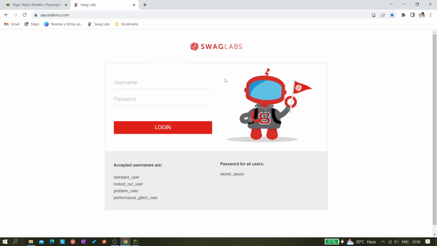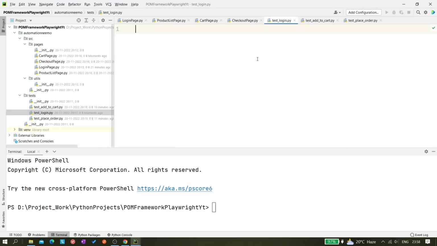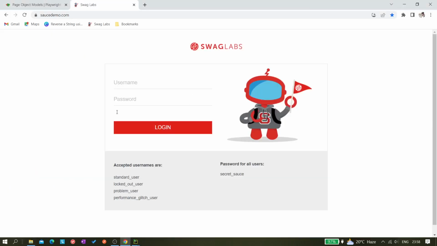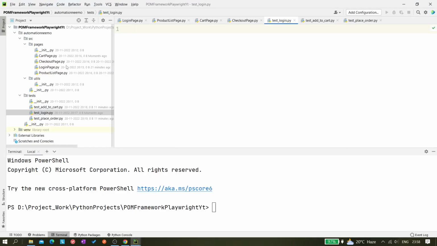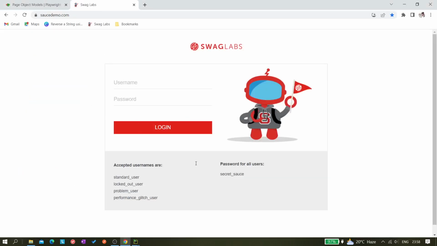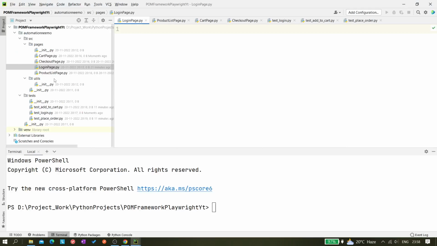From that standalone script we'll structure it in a proper way: whatever objects belong to the login page should go to the login page, and the objects for the next page, the product list page, should go there, and accordingly for the other pages. Okay,